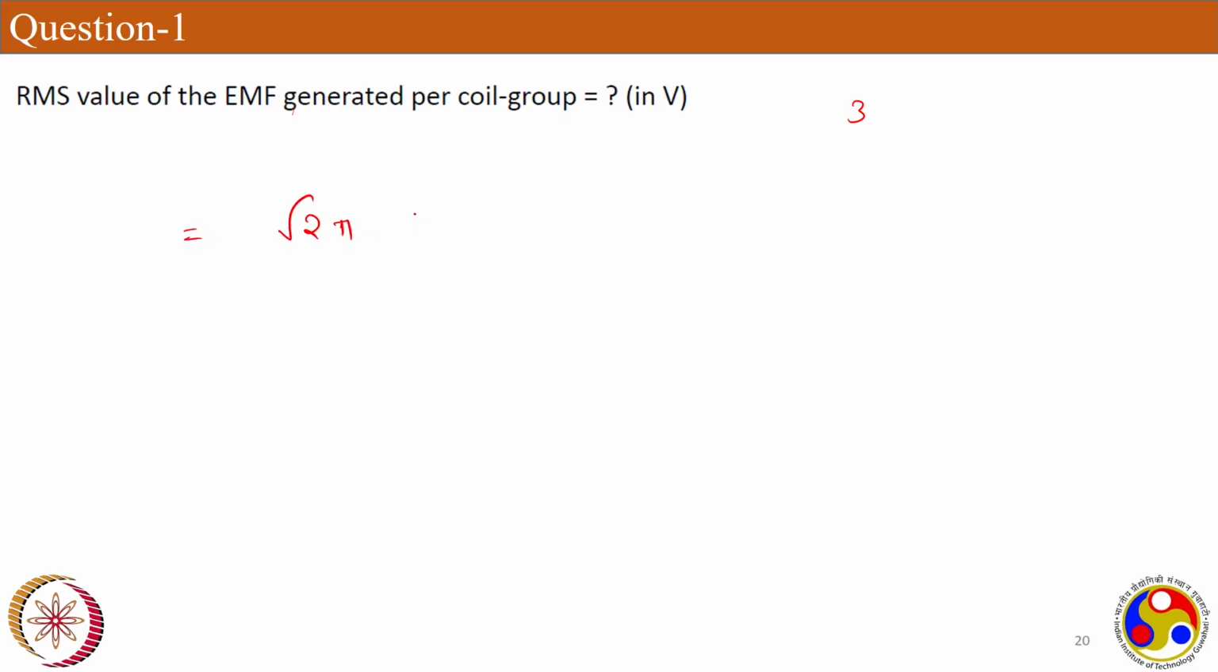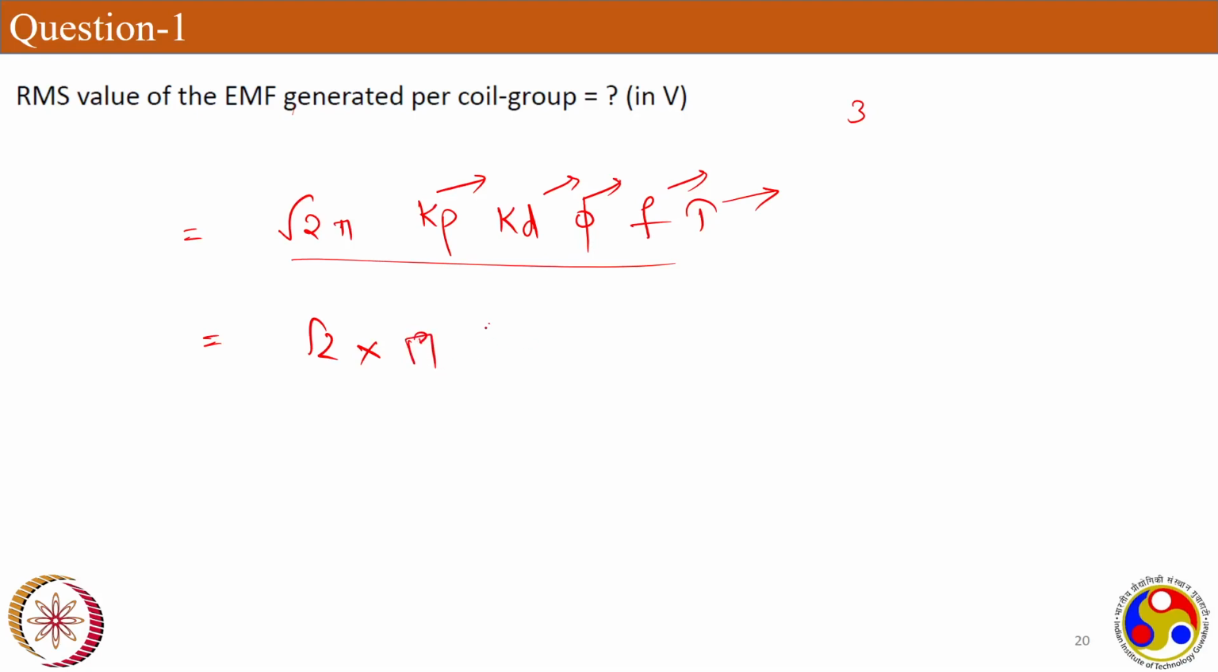Root 2 pi Kp Kd phi ft. So they are asking it for the coil group. So these terms we have to take care. That should be for the coil group, and the rest of the factors we have calculated: per pole, frequency, and all. So root 2 times